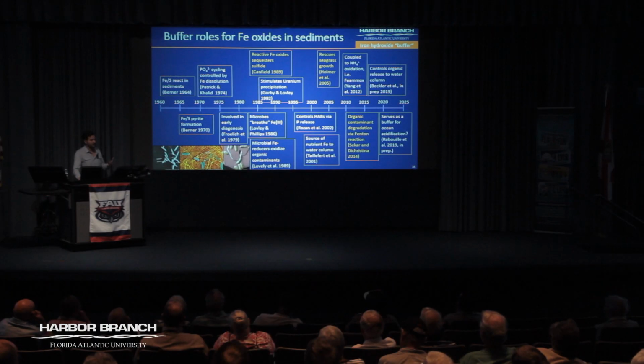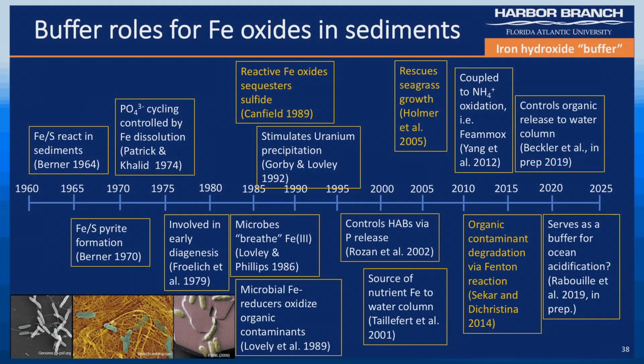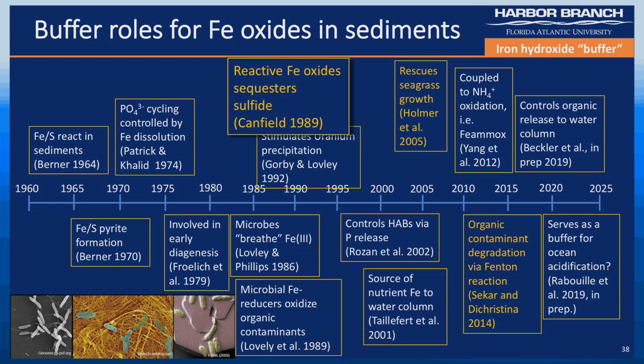So we have a lot of iron in the sediments around here. If we're going to see this effect from an iron buffer anywhere, here is as good a place as any. Now, this is a timeline that I spent a lot of time putting together, and I think it's going to make for a nice review paper, perhaps. It's sort of an evolution of the buffer roles, all the different ecosystem services that iron oxides can provide. I'm just going to talk about a couple of them. Obviously, the sulfide sequestration, but also